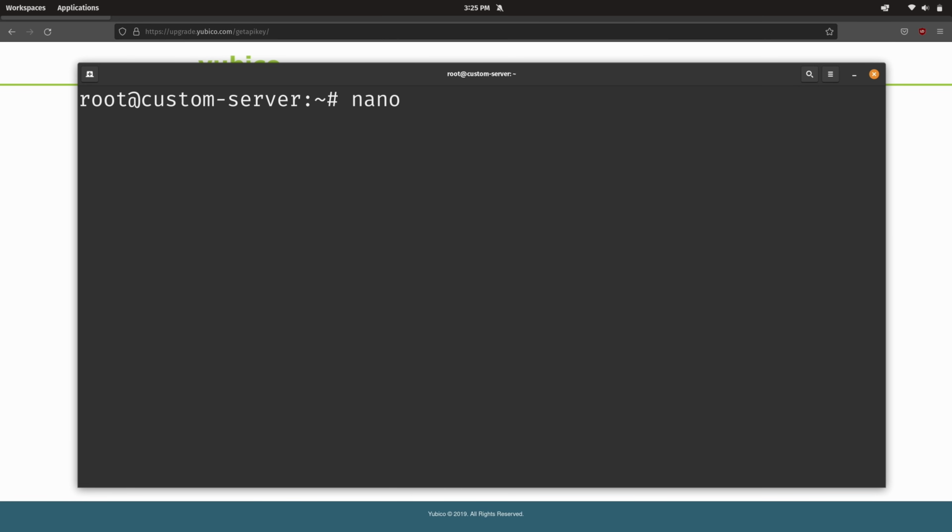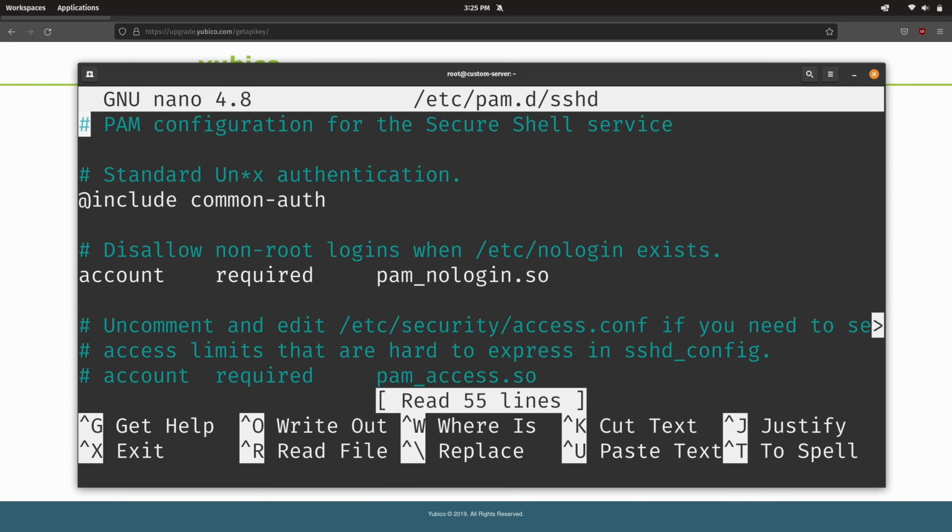And I'll edit another file. This time it's going to be /etc/pam.d, then sshd. I'll press enter. And what we're going to do is add a new line to this file, and it must be the very first thing in this file, or at least the first thing that isn't commented out. We'll type auth required